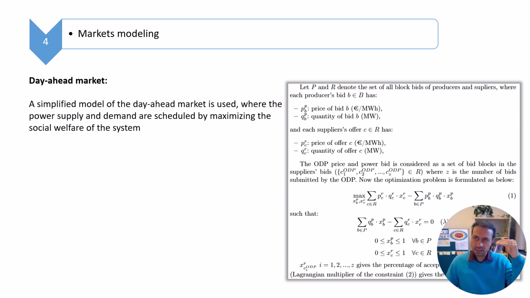Then we need to interact with the day-ahead market and also the balancing market, but we couldn't connect our platform to the real market. So we also simulated the day-ahead market and the balancing market. The day-ahead market was simulated by an optimization problem, a very well-known optimization problem in power systems, that receives the bids of energy consumption and also generation from all the producers and consumers, including our ODP, and determines the accepted power to consume the next day and also the price of the electricity for each hour. So that's what this part of the paper is focused on.